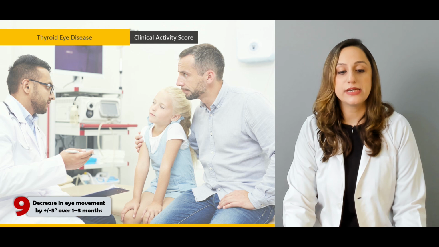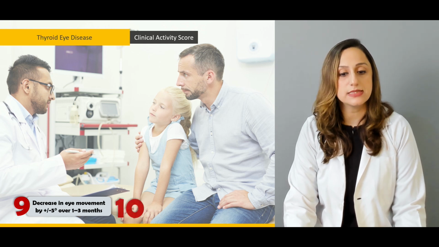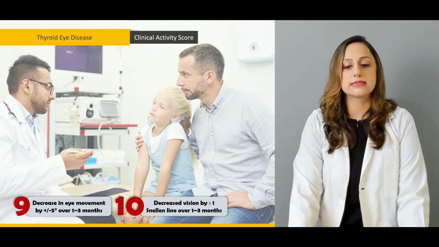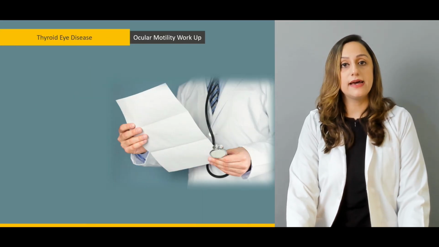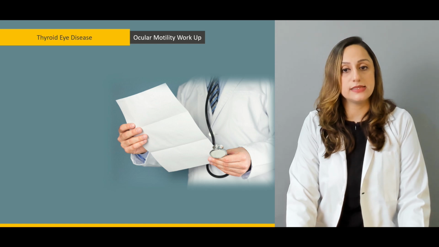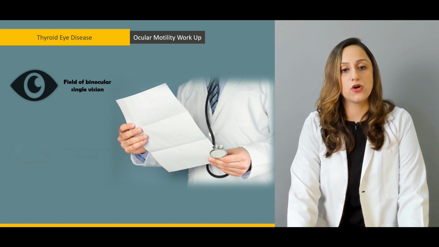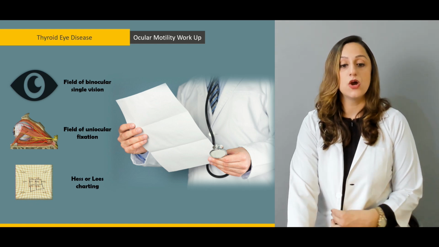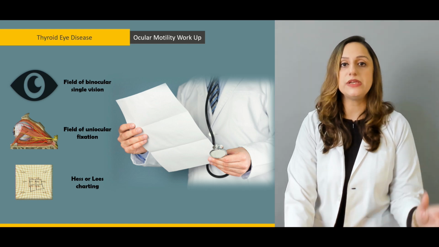We have 9 for decrease in the eye movements by plus minus 5 degrees over 1 to 3 months, and 10 for a decreased vision, which is more or less one Snellen's line over 1 to 3 months. That is basically showing the fact that there is a loss of vision seen in these patients. The workup would include the field of binocular single vision would be affected, the field of uniocular fixations, and then we also perform the Hess's or the Lees charting method just to see the visual field, how is it affected